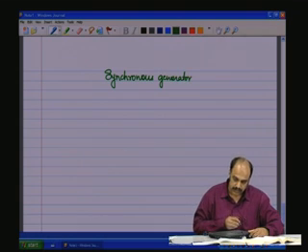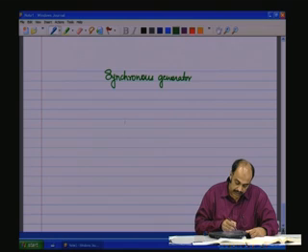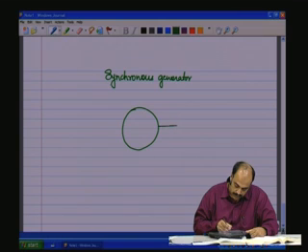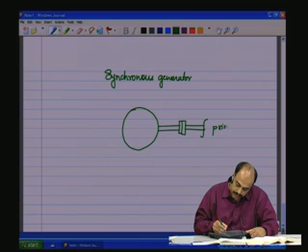In the case of the synchronous generator, we have the synchronous motor, and let us say we have the shaft, and that is connected to a prime mover. So when the prime mover moves, there is